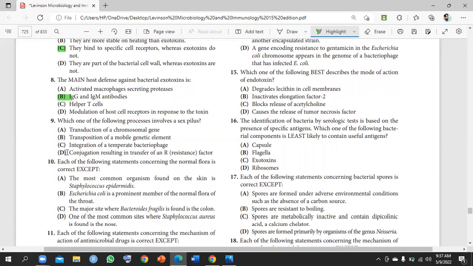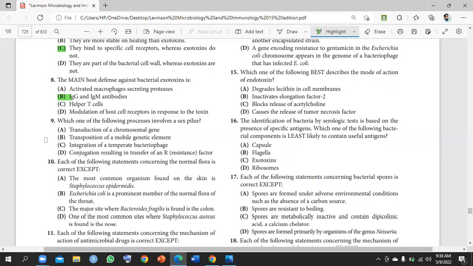Which one of the following processes involves a sex pilus? Okay, so basically, what is a sex pilus? Basically, a bacterium consists of a cell. There is a special type of organelle known as pili proteins, or in simple terms, pili. So pili are a special type of protein that help in attachment. Also, they are used in the transfer of genes from one bacterium to another. They make a bond with the help of that sex pilus, and after that they transfer their genes